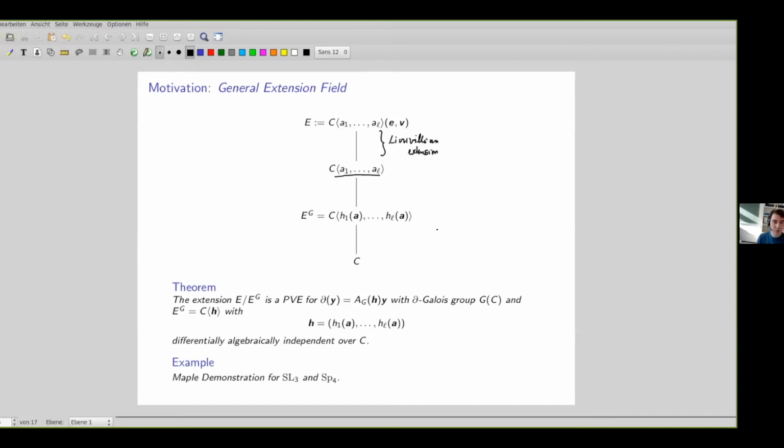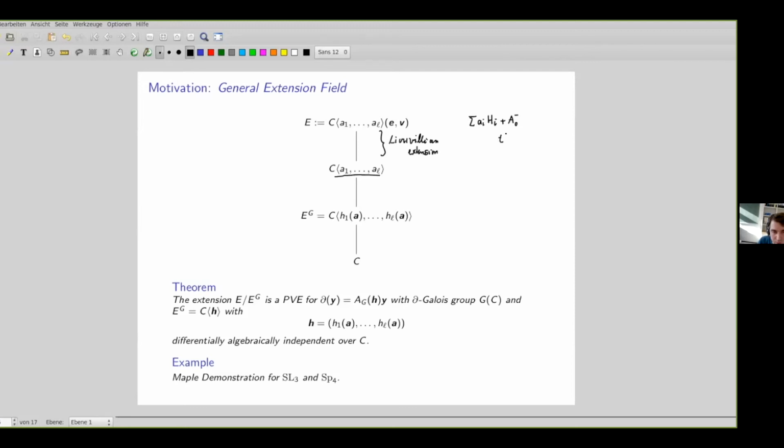Okay, so how is this extension defined? Well, we use these Lie rank many differential indeterminates to parameterize the Cartan subalgebra. And then we add the sum of basis elements corresponding to the simple negative roots. So this then defines a Liouvillean extension, and a fundamental matrix looks like the following way.